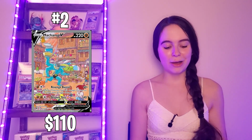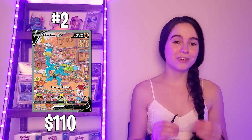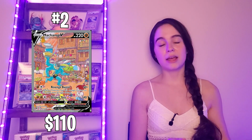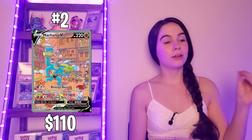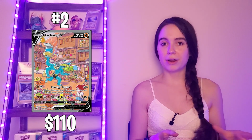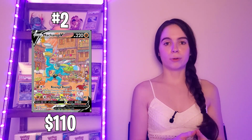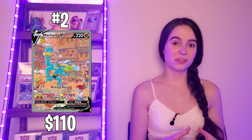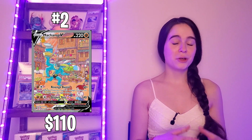The second place on this list is a bit of a sleeper though. It's actually the Machamp V alt art from Astral Radiance. Now I say that because I remember distinctly when this set came out, I remember looking at the prices of the cards on the list, and it was in third place below the Dialga and the Palkia. And I remember looking at it a few hours later, and it was over $100. This card seems like it got bought out at the beginning, or maybe the price just took a moment to be realized, but it has stayed above $100 since, and it's currently going for like $110, which is really expensive